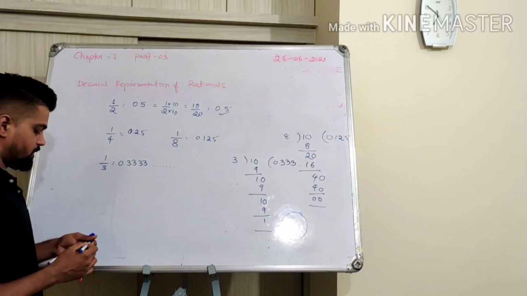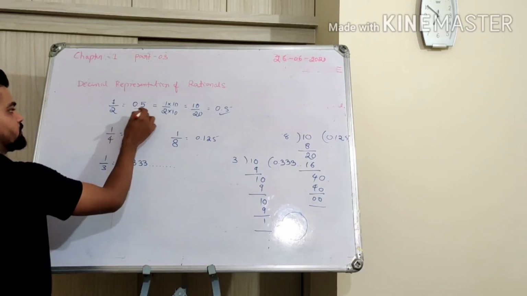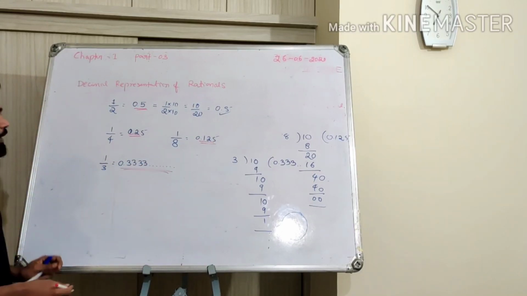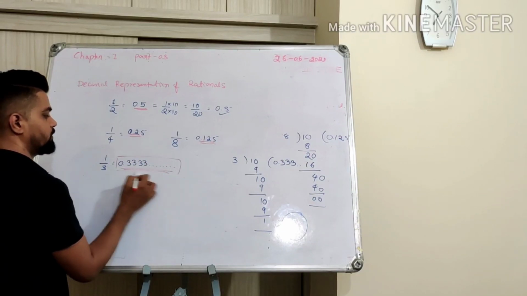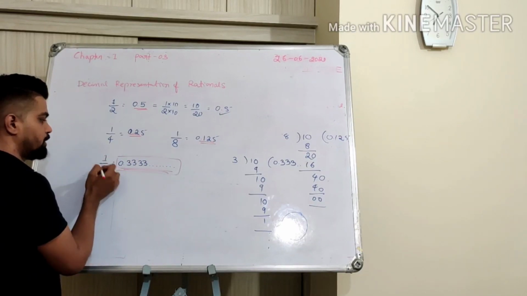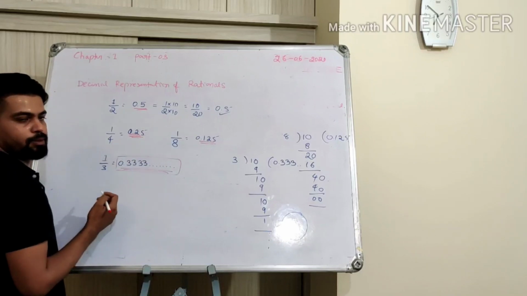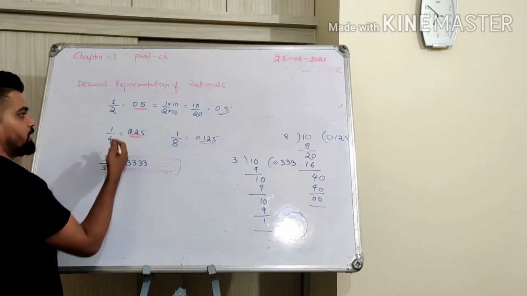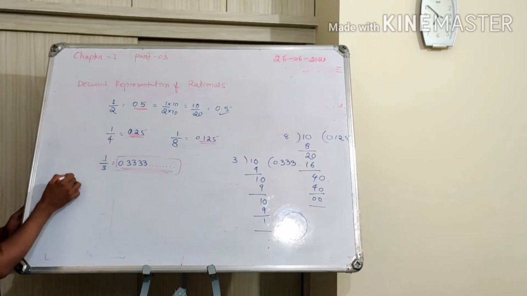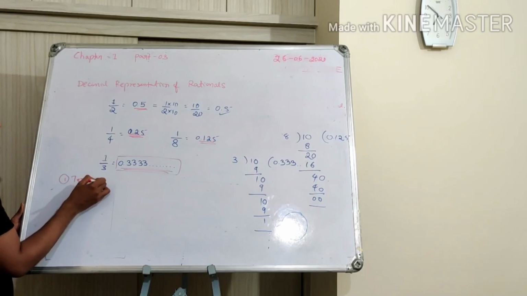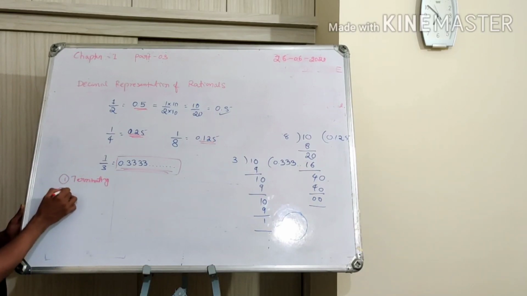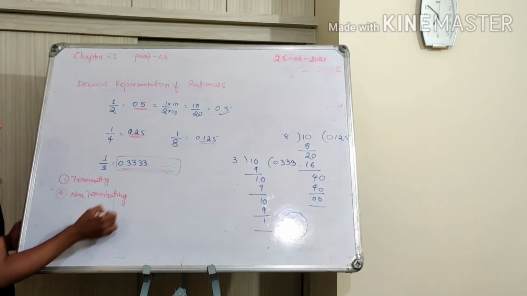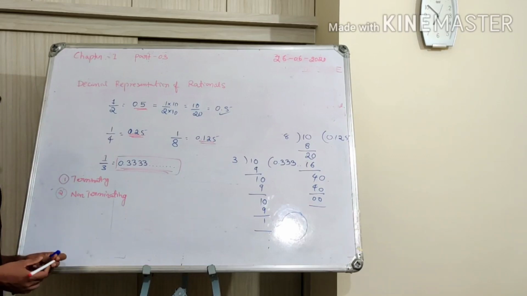Okay, so now you compare the difference between these numbers and this number. What do you see as the difference here? This is never ending, right? But still this can be written in the a by b form, and these other numbers are ending. So that means we can classify these decimals into two types: one is terminating decimal and second one is non-terminating decimal. Both terminating and non-terminating decimals are there in the case of rational numbers.